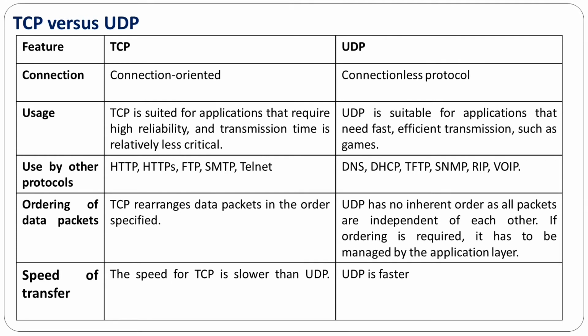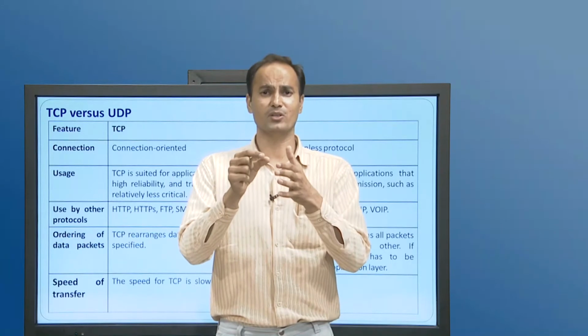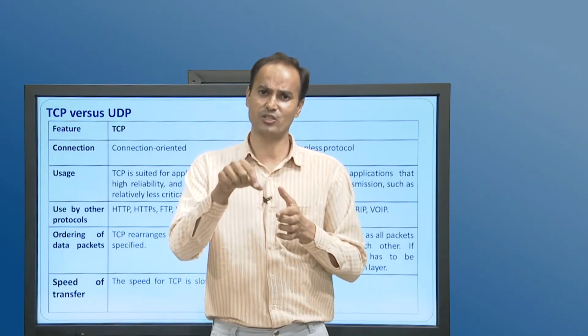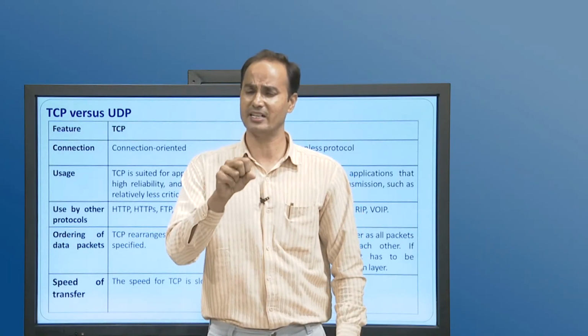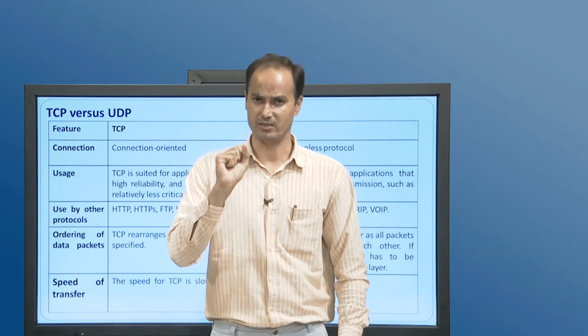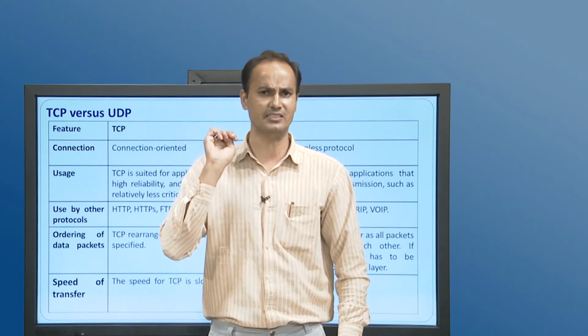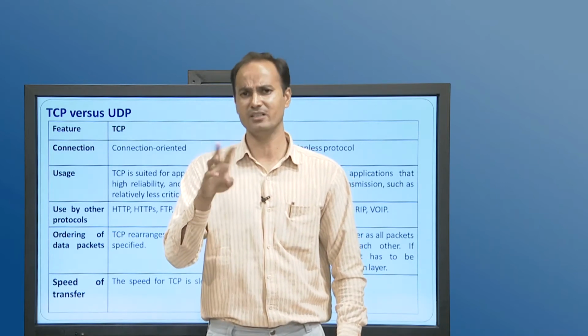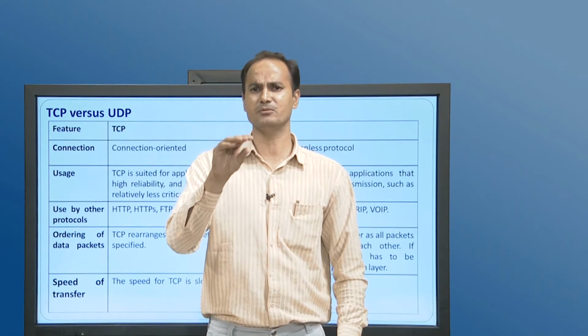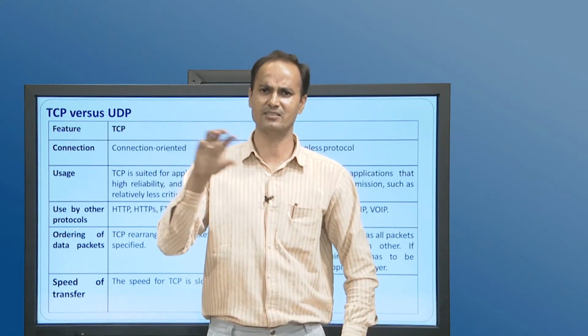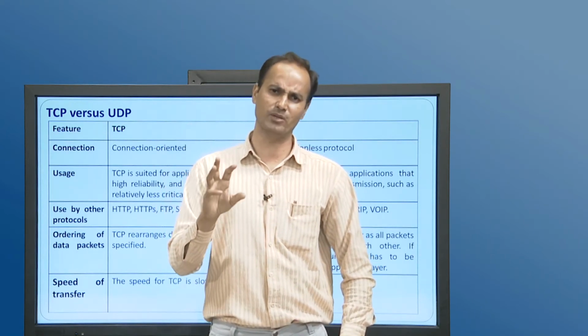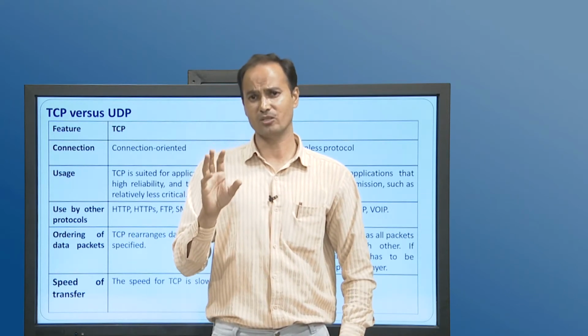Now, ordering of data. The data sent from client to server or server to client must be in the same order it has been sent. That is ensured in TCP, as it is connection oriented and has a sequence number which continuously checks the order of the packets it is receiving and sending. In UDP, the data is sent in packets, and a packet is not required to maintain such a sequence. So ordering of packets is not maintained in UDP.